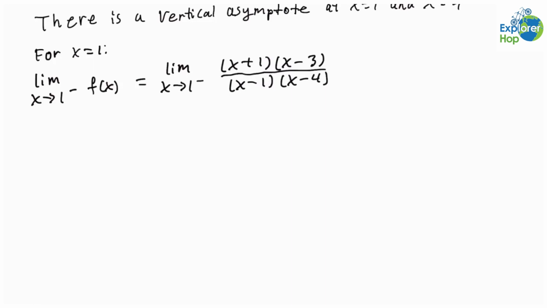Since x is approaching 1 from the left, then we can try subbing a number a little less than 1. So if we sub in x equals 0.99, then we get